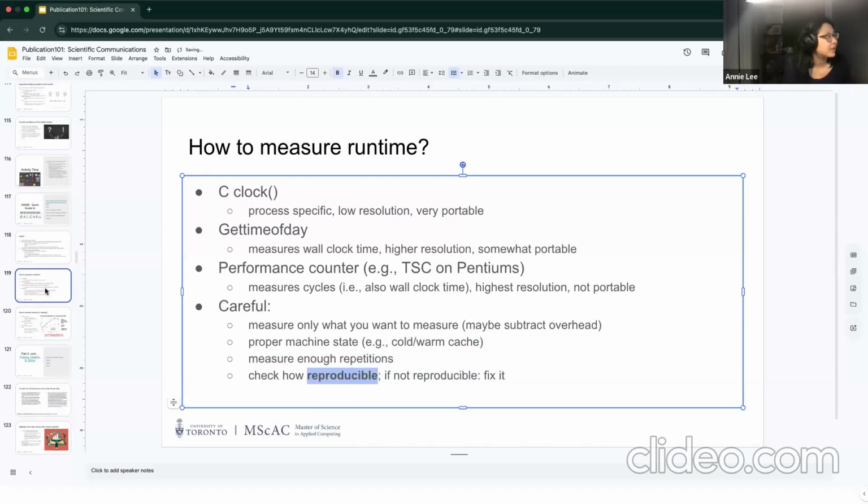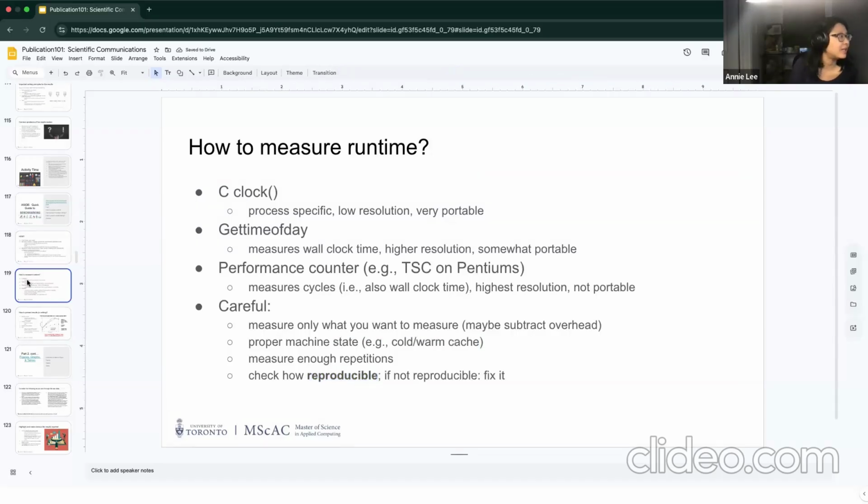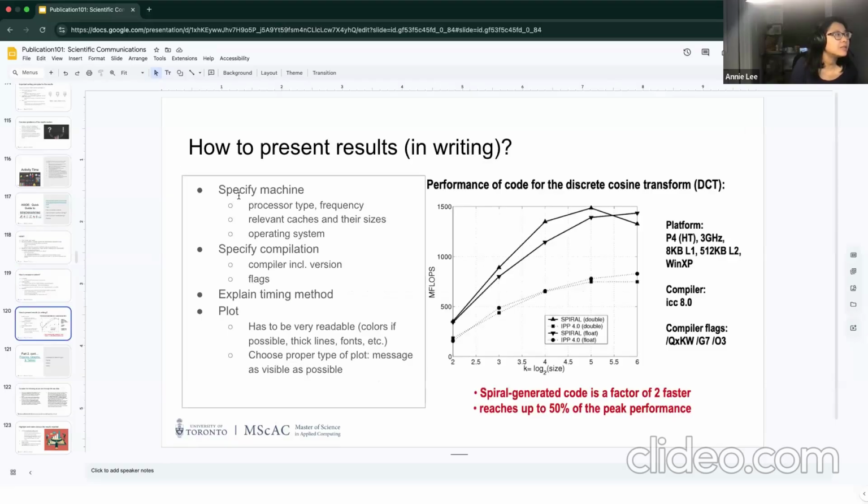So the first step of any project that any student joins, I ask them to reproduce things. Yeah. And then in terms of presenting the results, you can present your MFlops and maybe the size of either your model or your data. And you can see, this is probably where the cache runs out. So this is like, they try to show four different